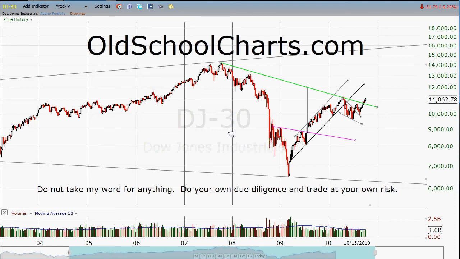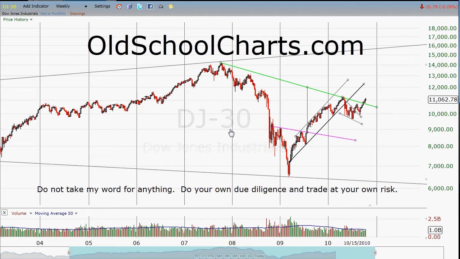Okay, this is oldschoolcharts.com, and we are looking at the Dow Jones Industrials. This is a long-range chart right now, and this is the chart as it ended up at the end of the day on Friday, October 15th, 2010. I just wanted to take this long-range look because I think it helps to step back from things a little bit,